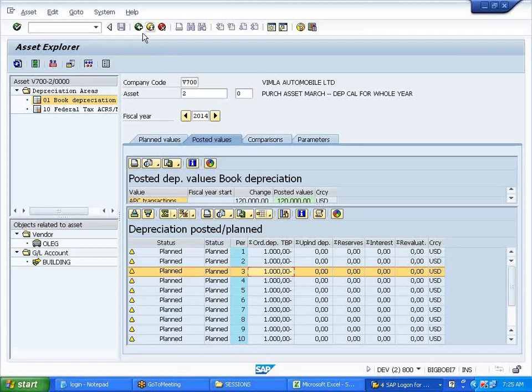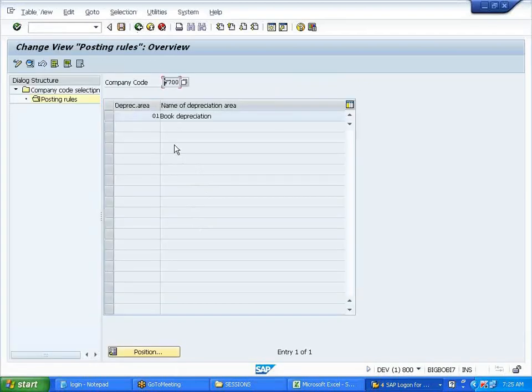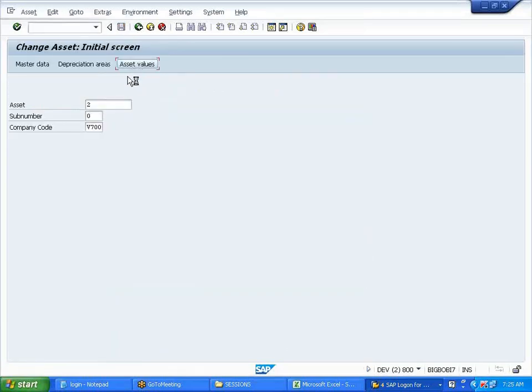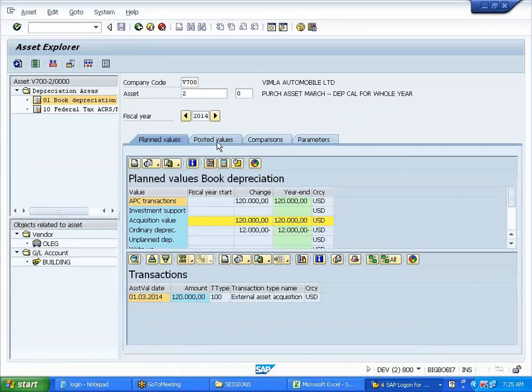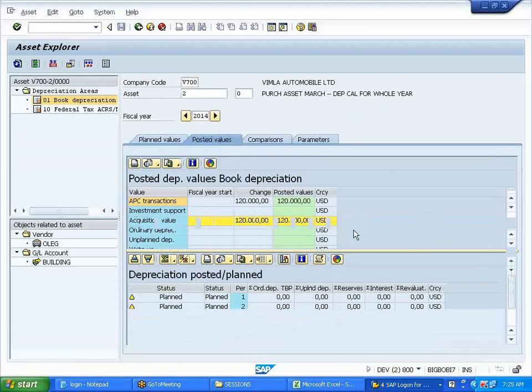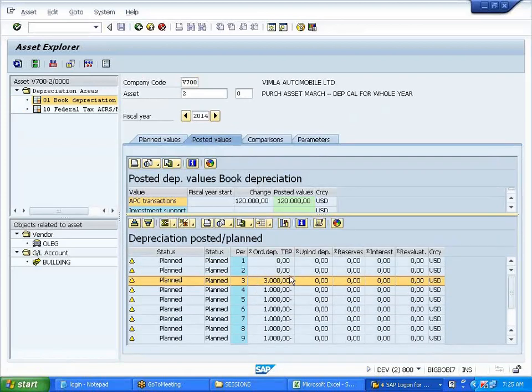Okay. Now what's this? I'll uncheck this. Now what happened? It accumulated. Where it is accumulated, this is called the catch-up method.